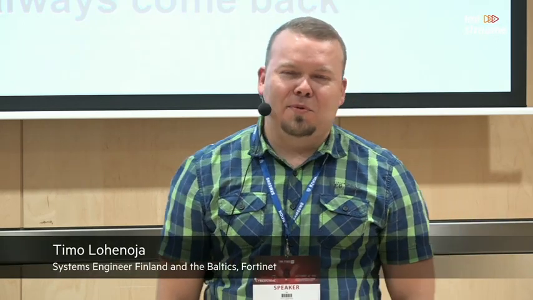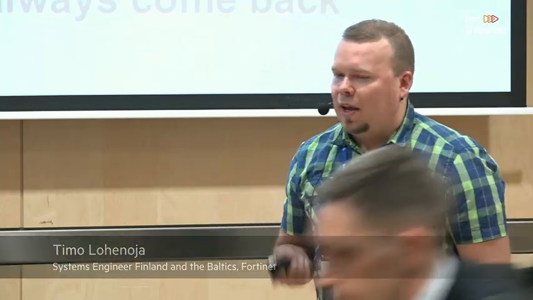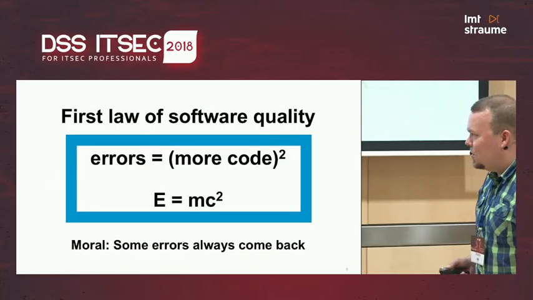First, before we start anything, we need to understand that digitalization is still the hot topic. Everybody wants to talk about digitalization. Everything is going to be code. And if we consider code, the more code we have, the more problems we are going to have. There are going to be more vulnerabilities and more errors. So we can kind of redefine E equals MC squared in terms of information security, and also in a sense